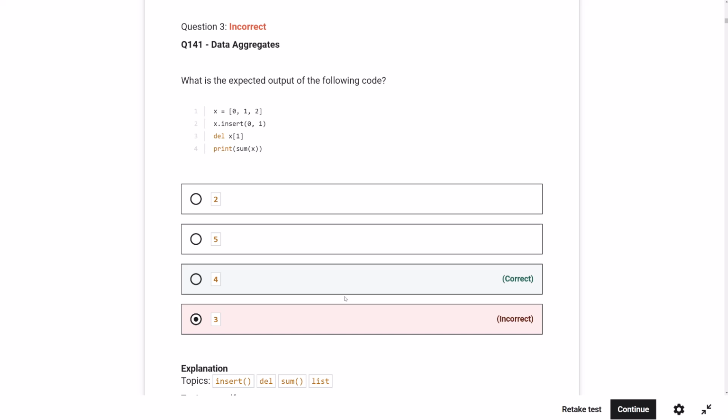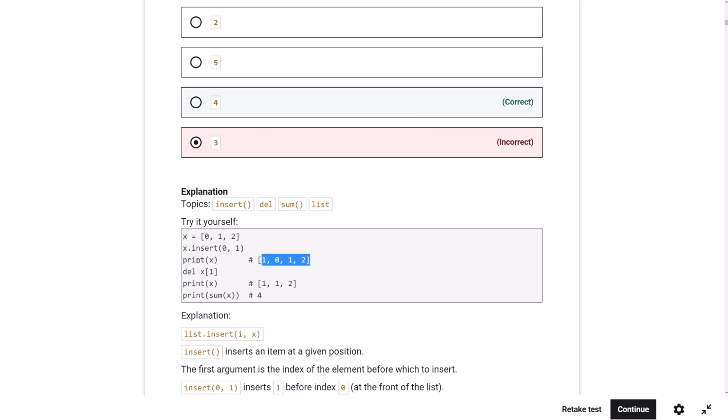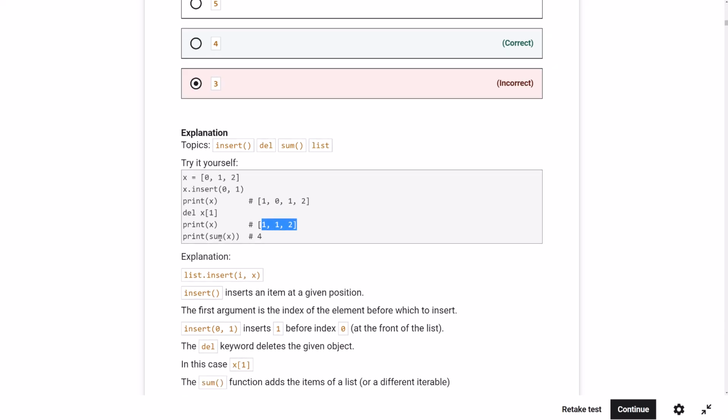Data aggregates. Here we have a list. This is index 0, 1, 2. Okay. So we insert 1 before 0 at index 0, which is right here, and basically it explains here, we wind up with this after this happens. And if we print x here, it's going to give us this, and then we delete x at the index 1 right here. So we delete index 1, we wind up with 1, 1, 2,